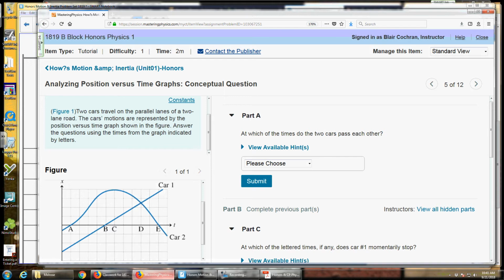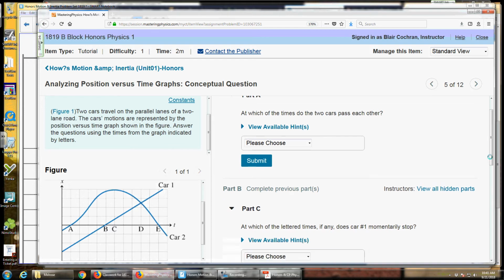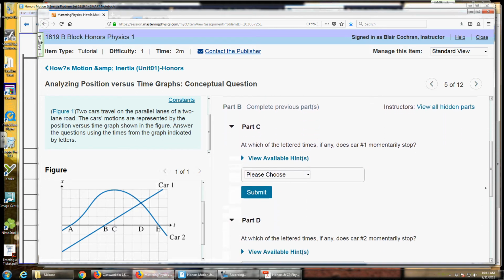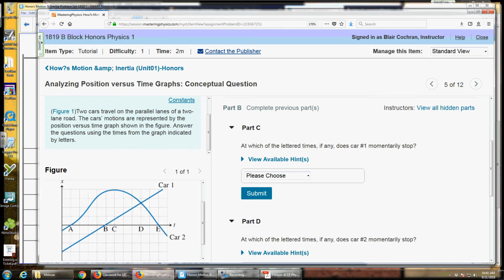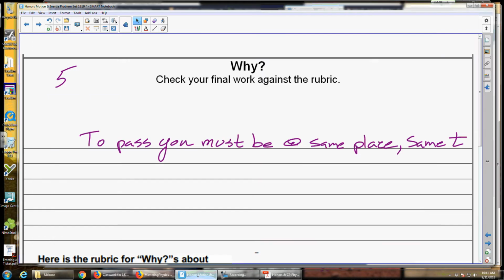That's the key. I tend not to like to do the multiple choice for you, but: at which letter times, if any, does car 1 momentarily stop? So from a position-time graph, how do we know the speed or the velocity? Well, we should probably show that we understand what velocity is. So I'm going to say